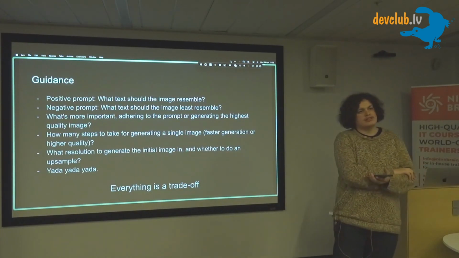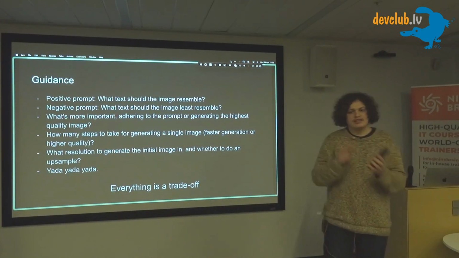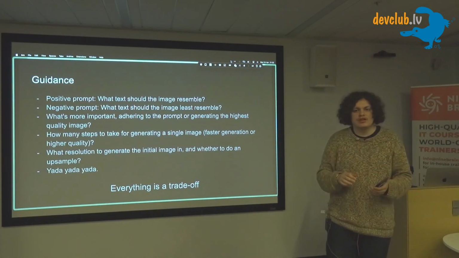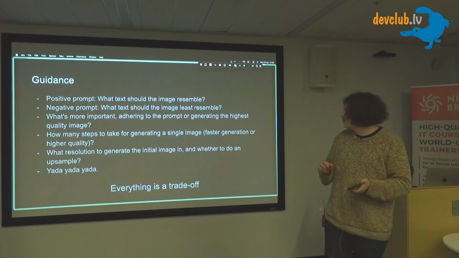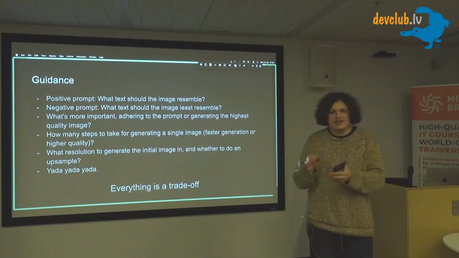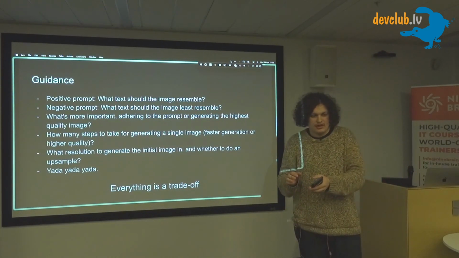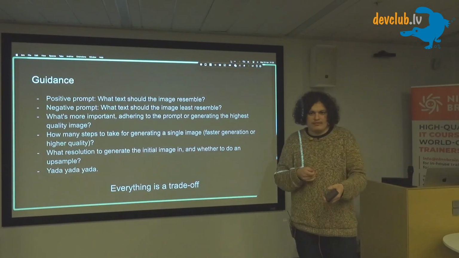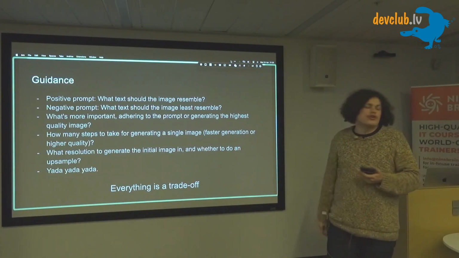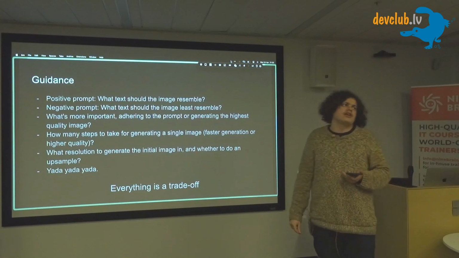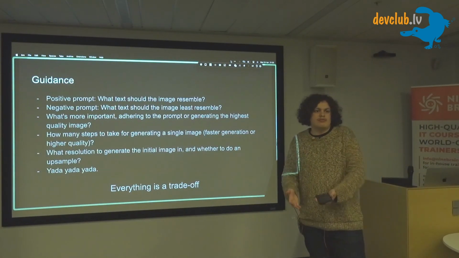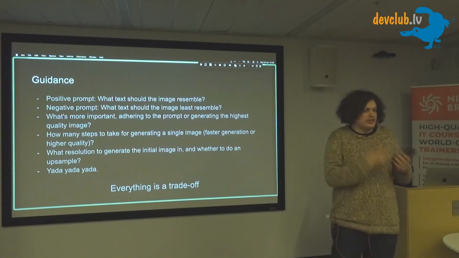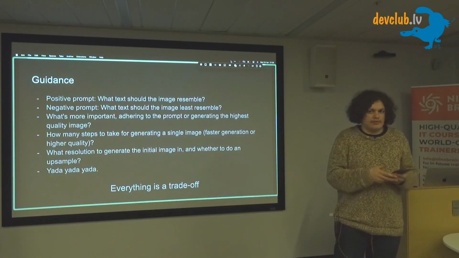As an example, one of the most important trade-offs is text guidance versus image quality. So if you want the image to resemble the text guidance the most, then the quality of the image would not be the best, and vice versa. One more trade-off I would say is the quality of the image and the inference time of a model.